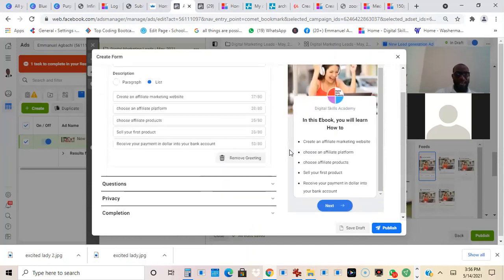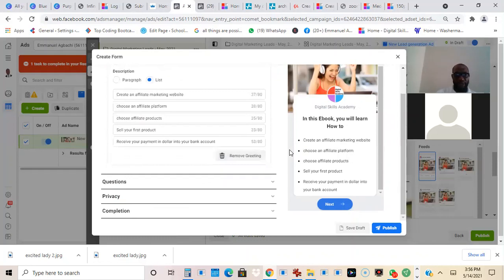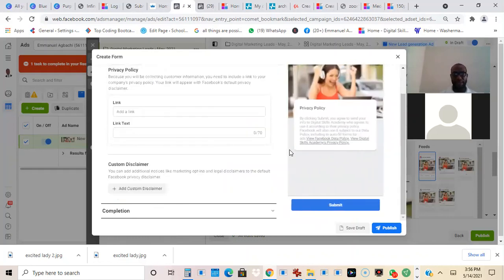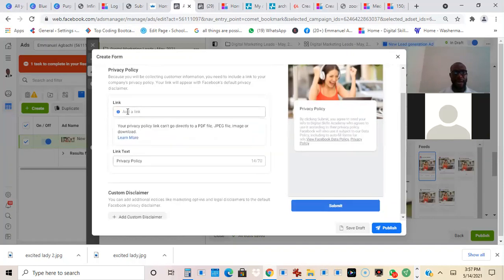All right. So after the question, the next thing is the privacy. Facebook requires that you must add a privacy policy. So that privacy policy is supposed to be on your website. So you're going to give them a link to that privacy policy that ensures that whatever information they are giving you aligns with Facebook policy. So what we're going to do here is to add a text, so I can say privacy policy, right? So I want to add a link. Let's say I'm adding a link like